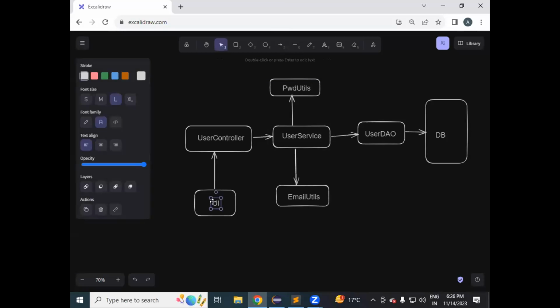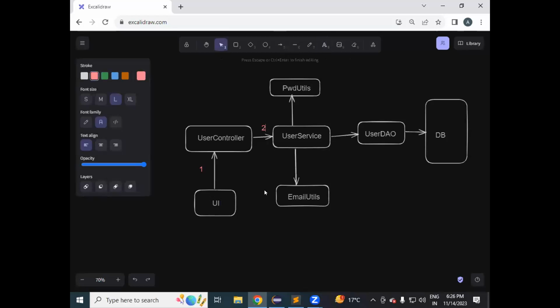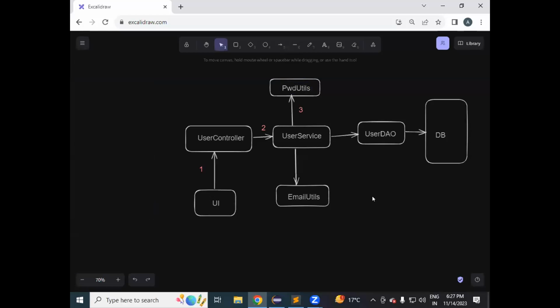From the user interface, the request will go to the controller. Let me give the numbering. From the UI, the request will go to controller. Controller will talk to service. Service will talk to password utils. What is the purpose of password utils? Encrypt the password. Before saving the record into the database, we need to encrypt our password because password should not be